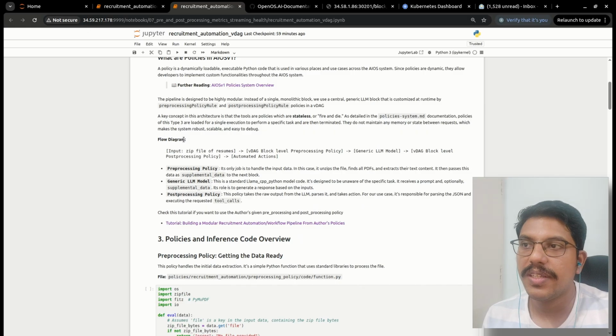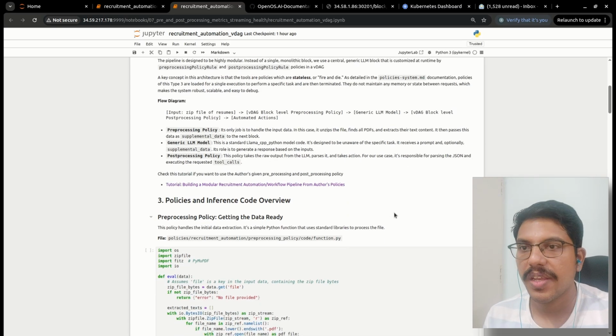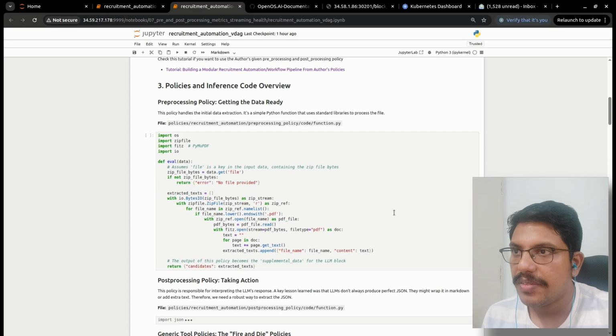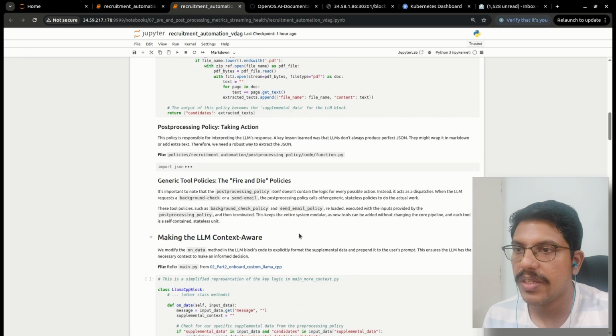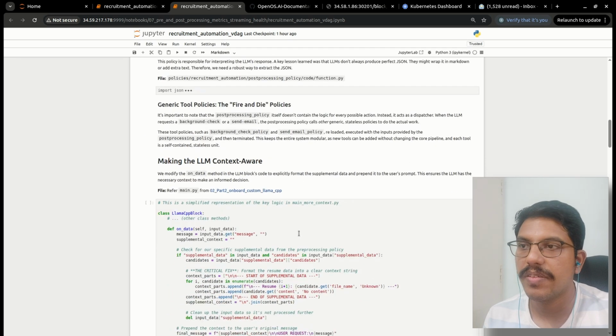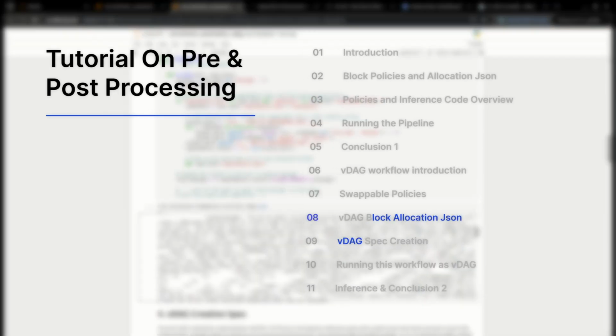So you can see the difference in the flow diagram here: the resumes zip file is passed to the VDAG block level pre-processing policy, not the author's block pre-processing policy. Similarly, the VDAG block level post-processing policy is also there. The code is pretty much the same as we saw in the previous tutorial. There is not much big difference. So let me go to the